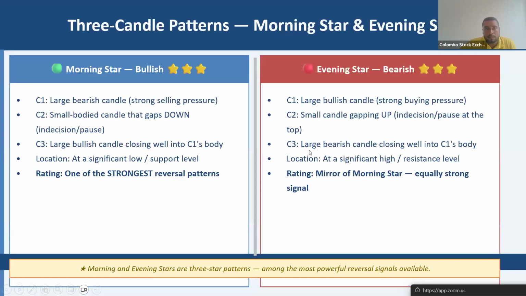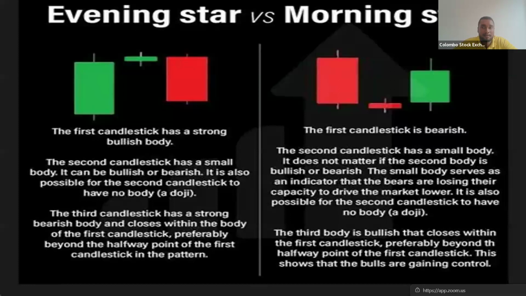So these are 2 candle patterns, right? And we also have 3 candle patterns, right? So up to this point, we discussed single candle patterns and 2 candle patterns. And there are 3 candle patterns as well, right? Is it boring? So the morning star and evening star look something like this. The morning star